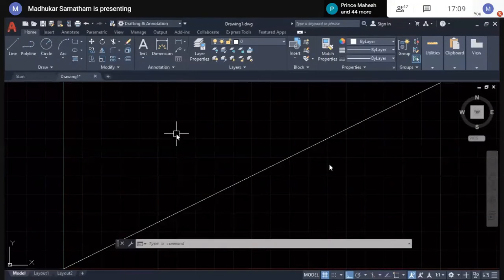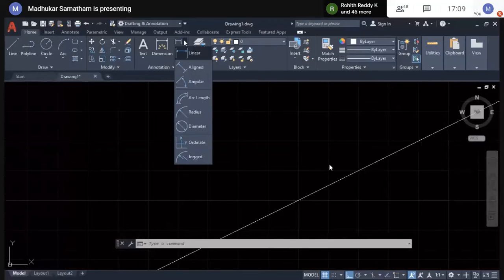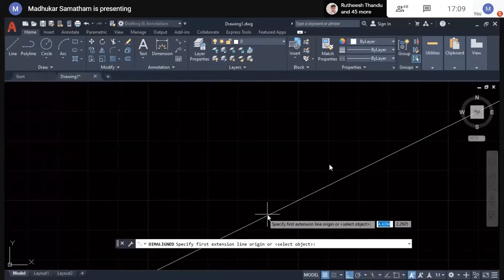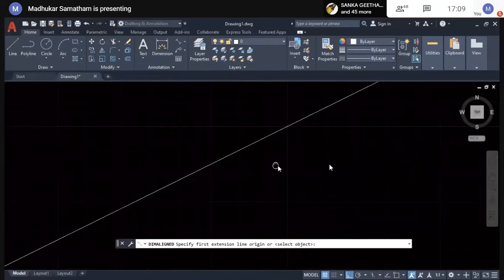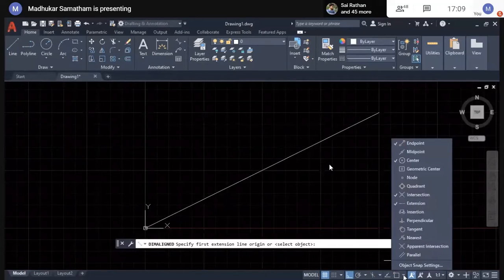We don't know the dimensions of this line. To know that, either you must calculate using mathematics, or else you can go to the dimensions, align, and object snap settings.